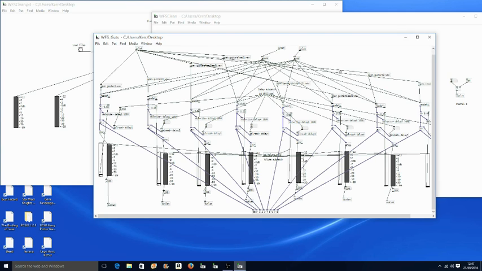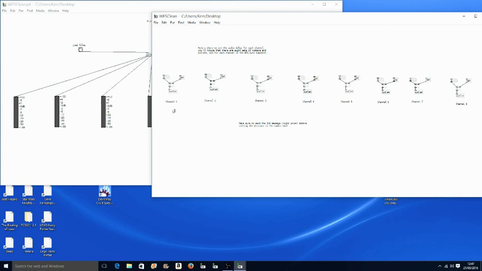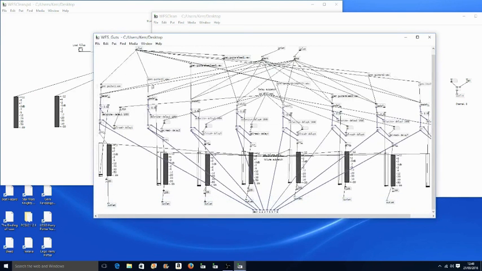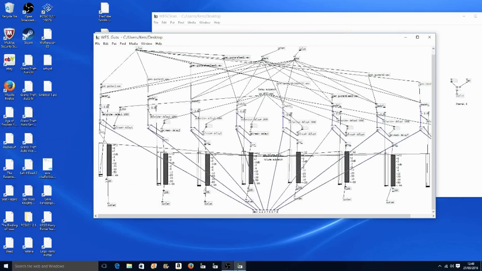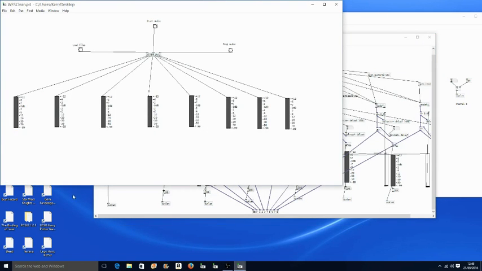So in that way, the user never really has to look at this guts page, because these are all sending through their subpatches into the main page where all the calculations are taken out, and then fed back up to this page here where you can see the actual audio output. And it's really handy to have that, because although you've limited the choice of the files that you can load in,